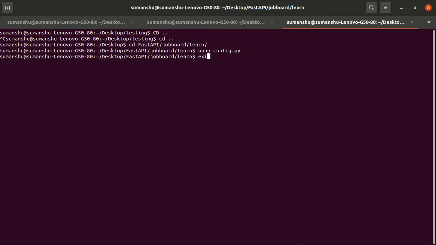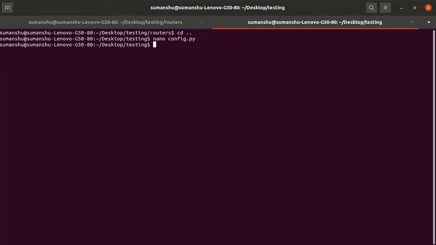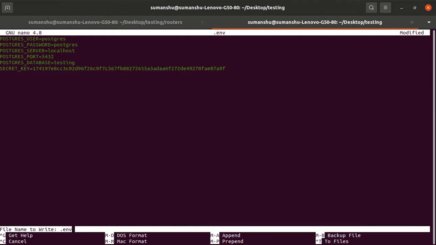How did I do this wrong? Anyhow, let me correct that. It's a secret key and it is algorithm. So I have fixed that, and in the .env file it is a secret key, not a security key. Secret key. Control X, enter.